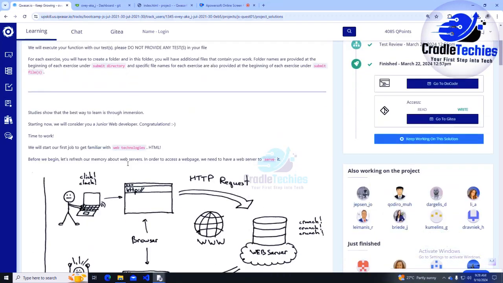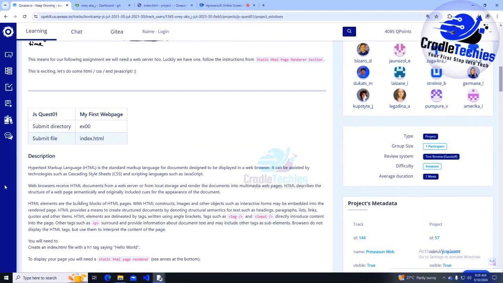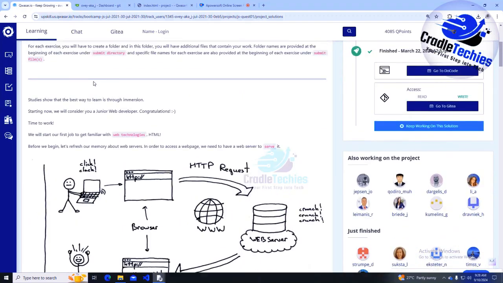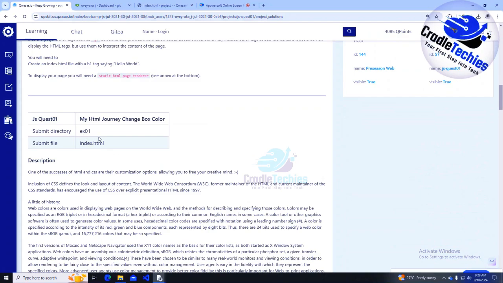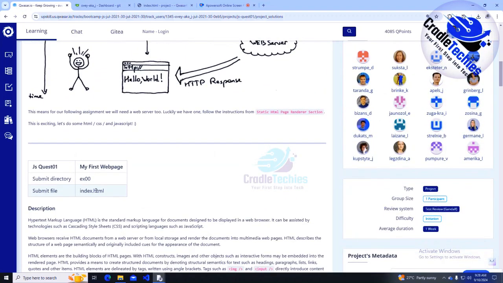Let's say, for example, the instruction is given for you to design this exercise 0. You read all the instruction, and at the end of it, you have to git push. Don't go to the next exercise where you have not finished the first exercise. Don't go to the next one where you have not done git add and git push, because